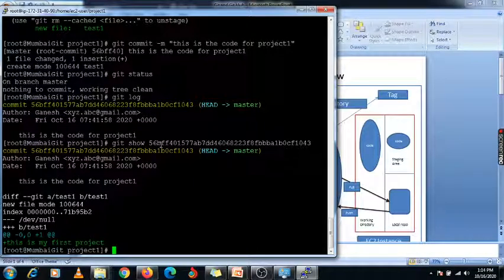Now we need to push that particular code to our GitHub central repository. So how can we do it? There is the command git remote add origin. Here you need to mention origin, and here you need to mention the central repository URL.